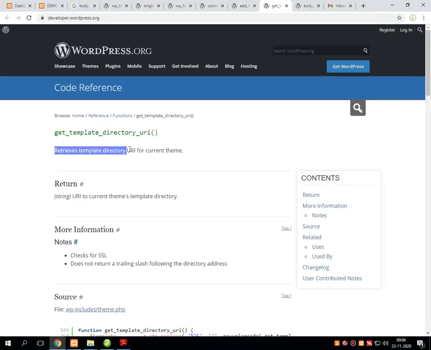It retrieves the template directory URI, that is the URL for the current working theme. This is the theory that I have spoken. In this function we need not pass any parameter. Automatically it will retrieve the current working directory of WordPress in which we have installed all the resources and it displays that directory onto the screen.